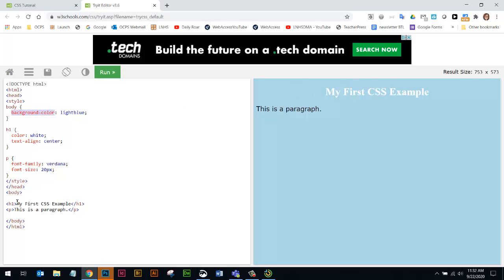We have one H1 tag in the body section down here. And this tag up here is controlling the appearance up here. On the right-hand side, you're looking at the web browser. On the left-hand side, it's like looking at Notepad. So this is telling the H1 in this document to have the text color white and to align to the center. And we have another selector for our paragraph where we have multiple